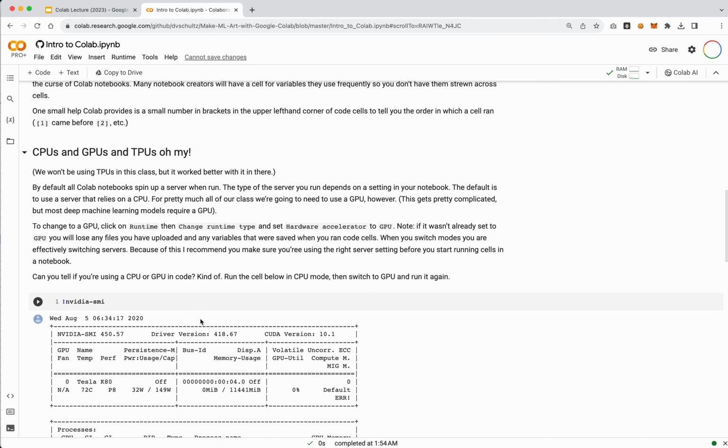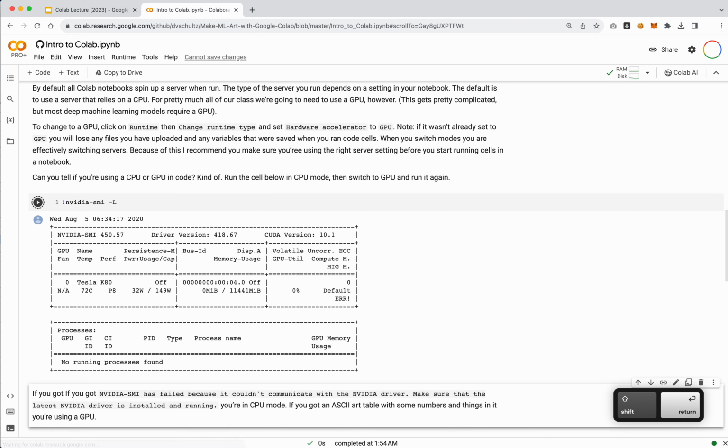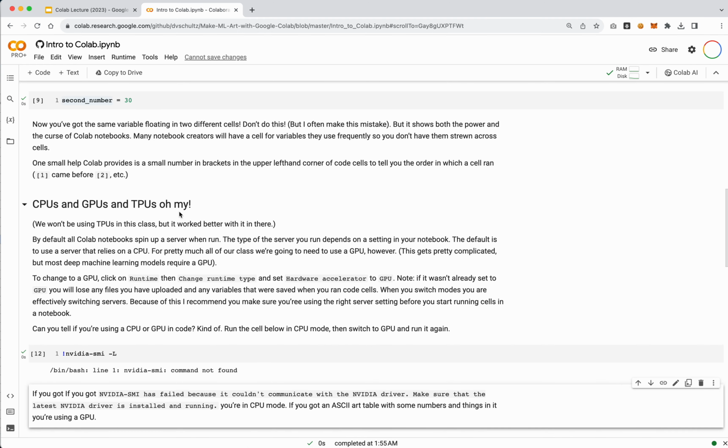Lastly, setting a GPU is different than setting a CPU. By default, I believe many of our notebooks are going to just start using a CPU. If you do want to switch to GPU, or I tell you to switch to GPU, there are a couple different ways to do that. One is just to check to see if you're running a CPU. You'll see the top of my notebooks always run this command. And this will throw an error when you're just using a CPU. If you don't have a GPU, this will throw an error message.